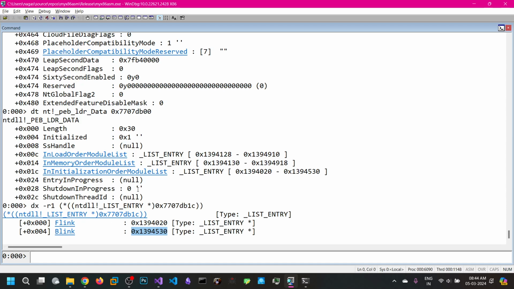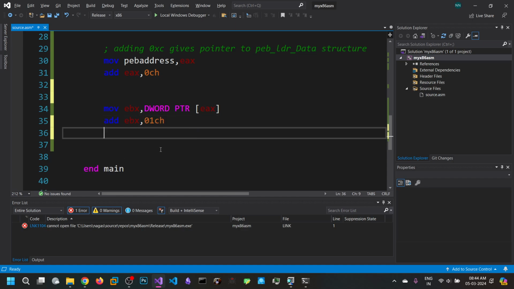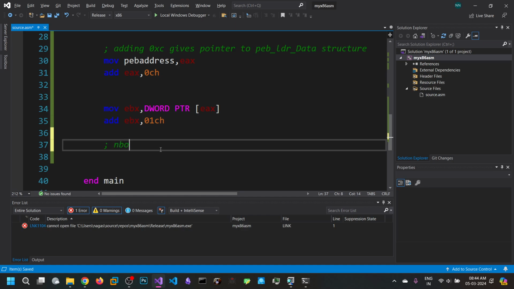So forwarding and backwarding. So we need to add 1C here. So add EBX comma 1C. Now EBX points to